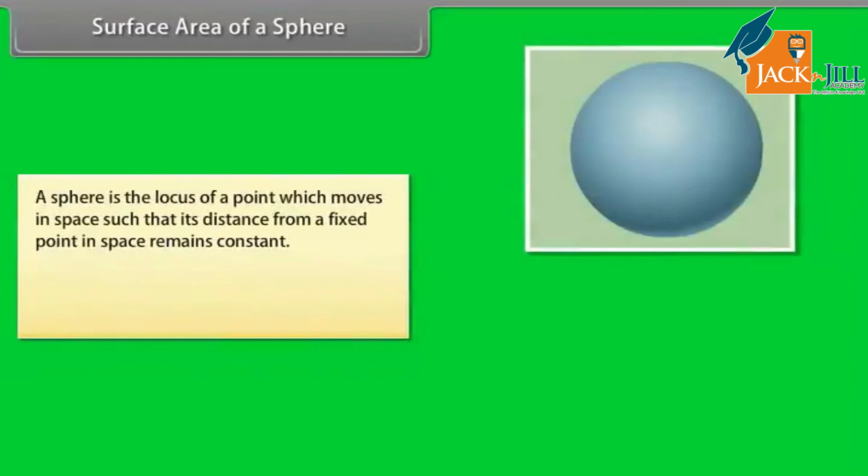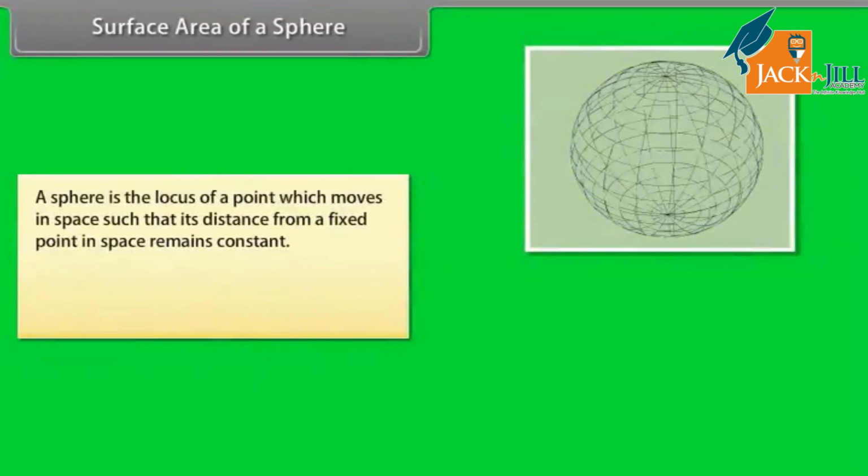Surface area of a sphere. A sphere is the locus of a point which moves in space such that its distance from a fixed point